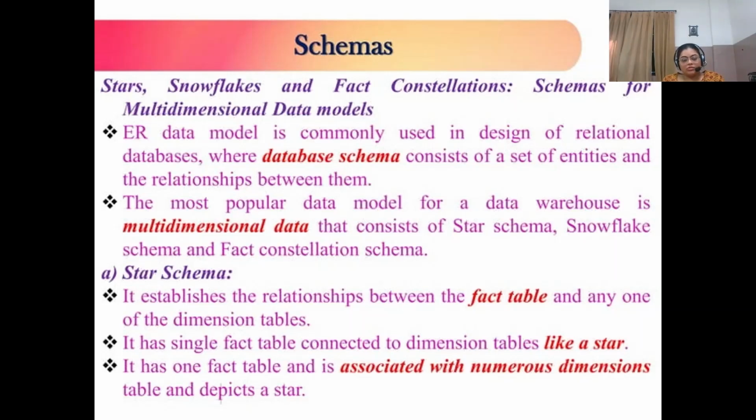Schemas for multidimensional models are like this: the ER data model is commonly used. The entity relationship model is used in the design of relational databases, where the database schema consists of a set of entities and the relationships between them. The most popular data model for a data warehouse is the multidimensional data model that consists of star schema,